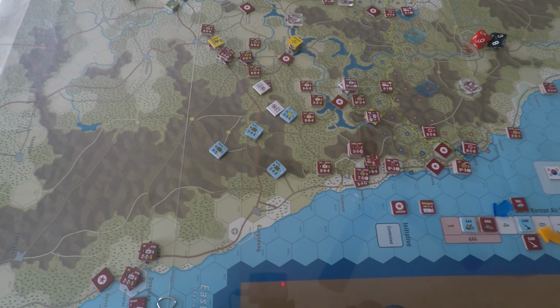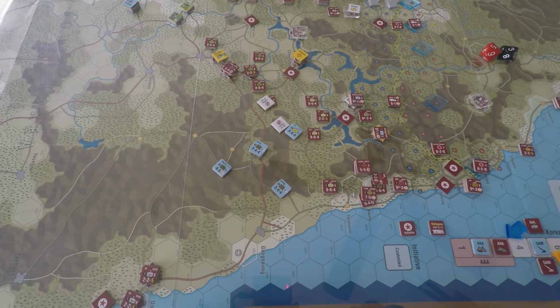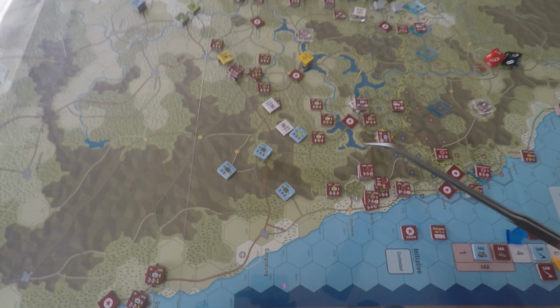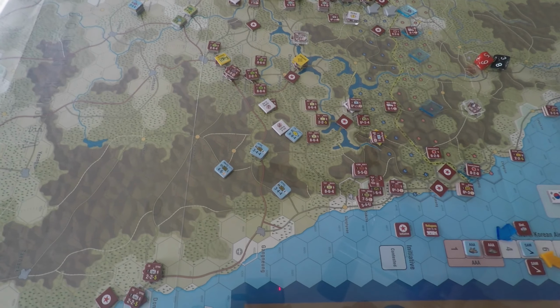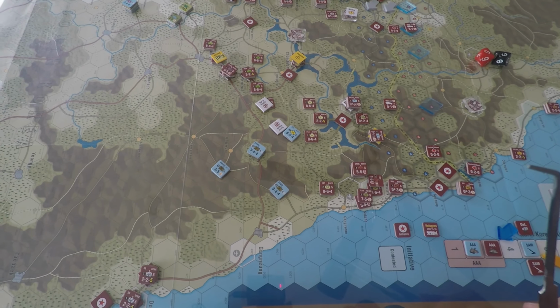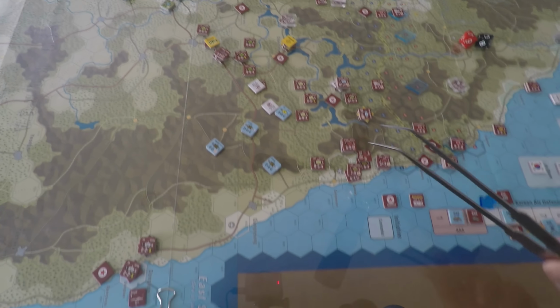So I've started to conduct the retrograde operations. That's the fancy term for retreat. So these guys have started pulling back. Mountains are defensible, not ideal where they really want to go, but that's basically their only choice, because